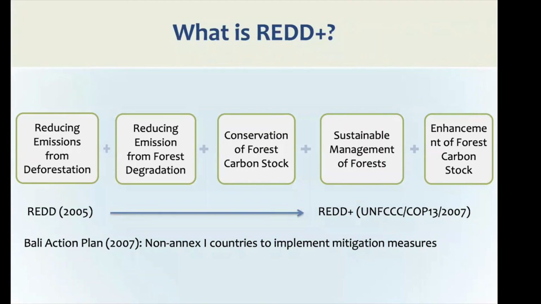But with the initiation of this REDD Plus program, it is accepted that the non-Annex 1 countries or developing countries can also mitigate climate change. So this is a shift in the thinking, a shift in the understanding of the